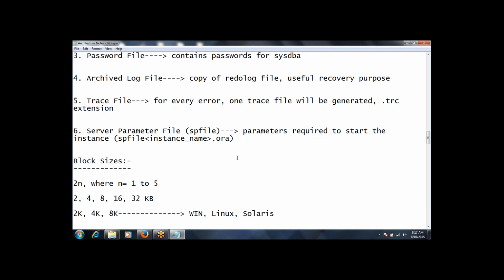We cannot make the changes directly, but we can make the changes at the command level by changing certain options for the server parameter file, which will reflect the changes to the database without stopping and starting the database instance. Is it clear? Yes. Okay. We will talk in detail in the coming sessions about P file and SP file, how SP file gets created, etc. and its parameters.